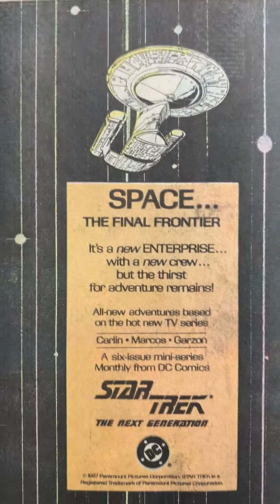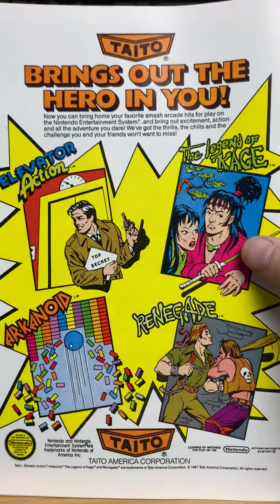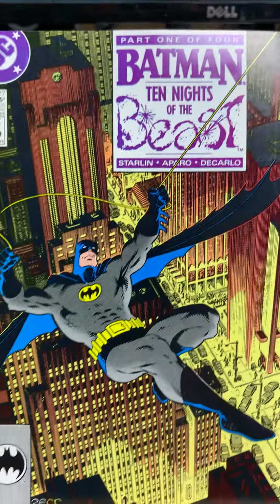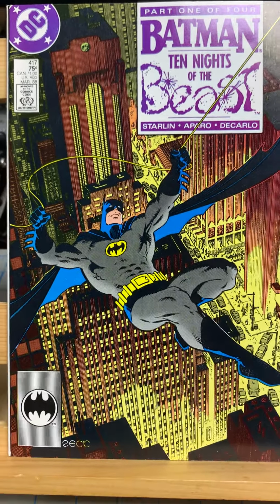This was 4 issues. Space, the Final Frontier, Next Generation. That's the Legion of Superheroes. That's good. I keep forgetting. I keep promising I'm going to bring out Legion of Superheroes. And so far, I only did 1 issue. Okay, what is this? Is this a video game? I don't know what this is. Okay, I think it's a bunch of video games. And I was just about to tell another story about Jim Aparo and Chuck Dixon, and then I got distracted